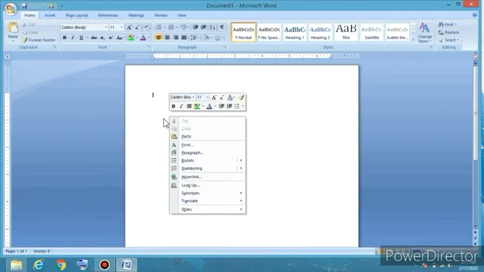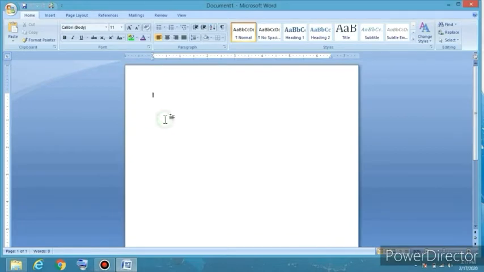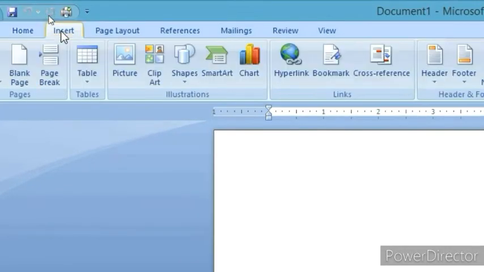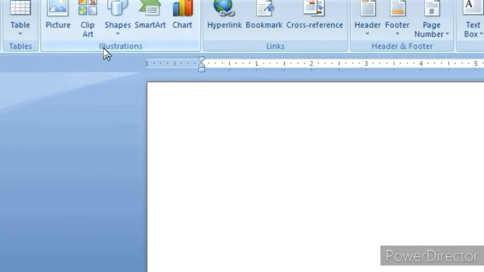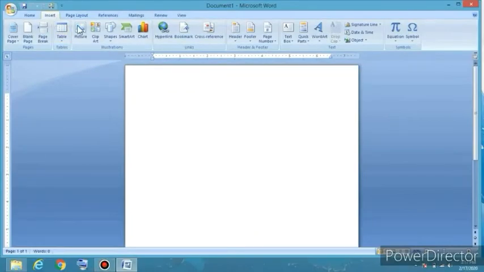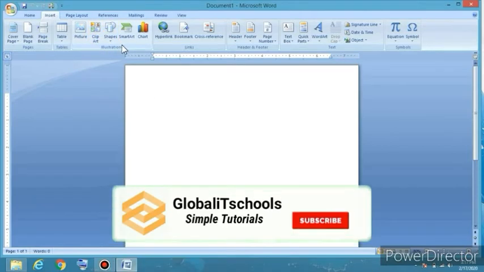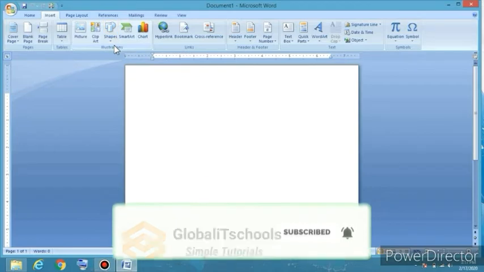Before going to our main objective, we have to insert some illustrations using the Insert tab. So go to the Insert tab on the ribbon. From here we have to move to the Illustrations group. It's just below and a little right of the Insert tab. So from here to insert some illustrations,